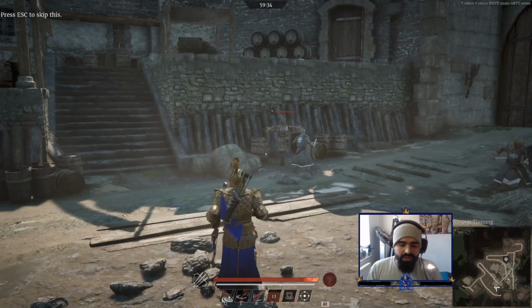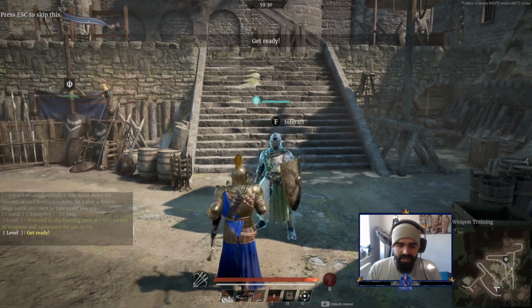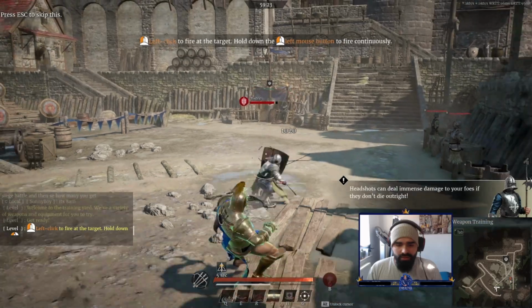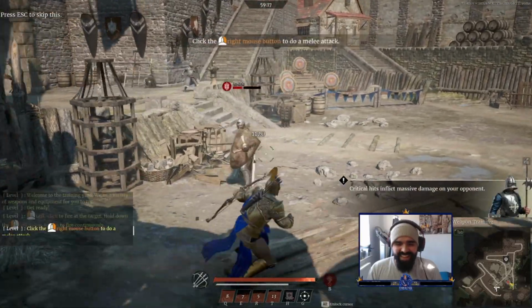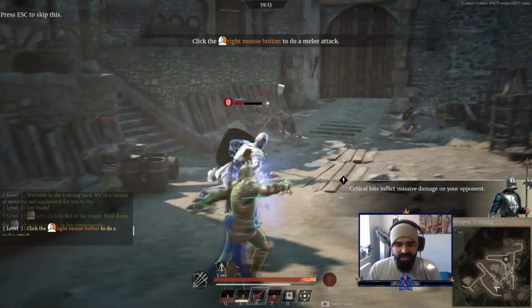Now, the one thing I will say you need to be careful of is, let's see if I can do it here with this guy. We're gonna just fight here real quick. So, there we go, and then... Oh, he rolled. Stupid AI. Anyways, let me just kill him real quick just so I can talk to you guys about something else that is now